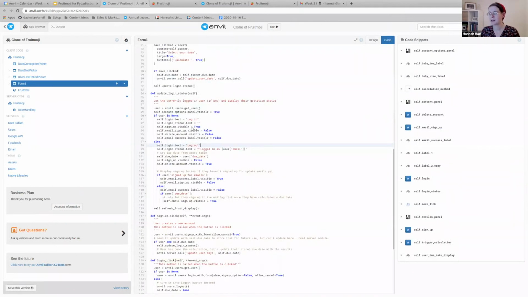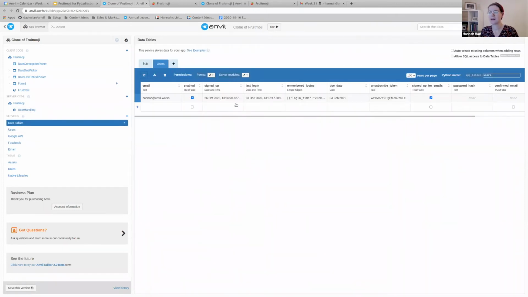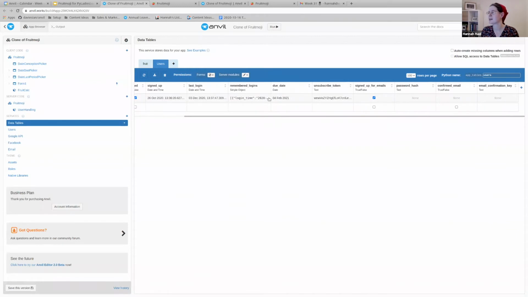So when someone does sign up, their information gets put into this table. This is a copy of the app, so I'm not showing anyone else's data except for my own. But this says that I signed up on the 26th of October. I last signed in today. And it gives my due date as well, which is something that I store about users whenever they recalculate their due date. And it also has an unsubscribe token, which is unique to me,